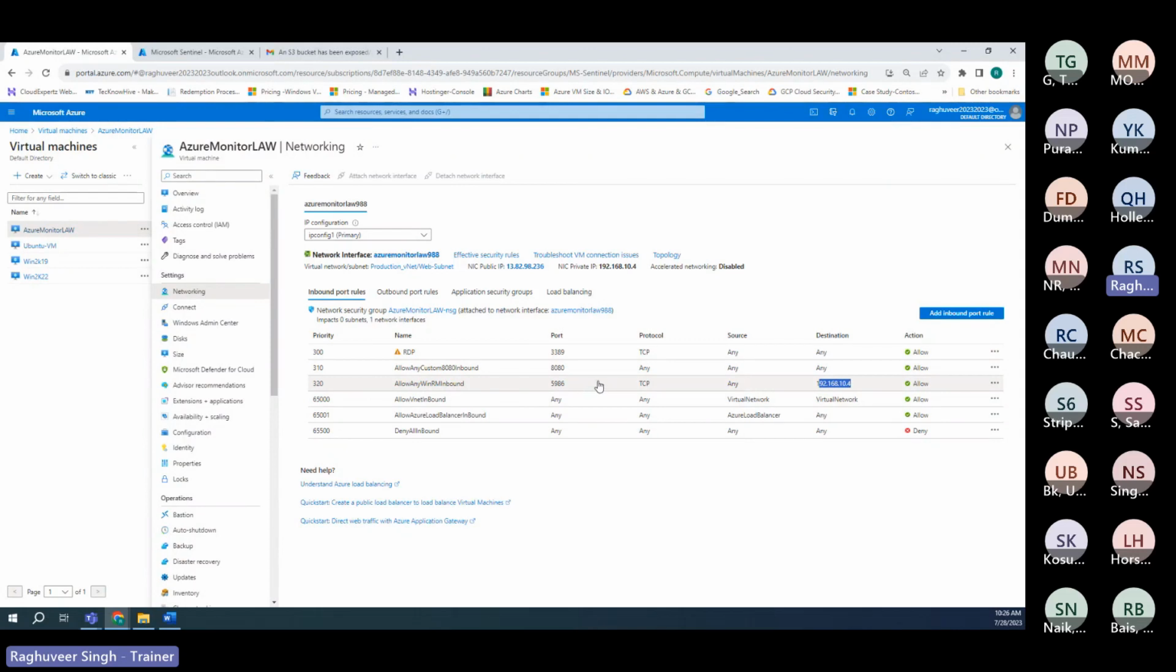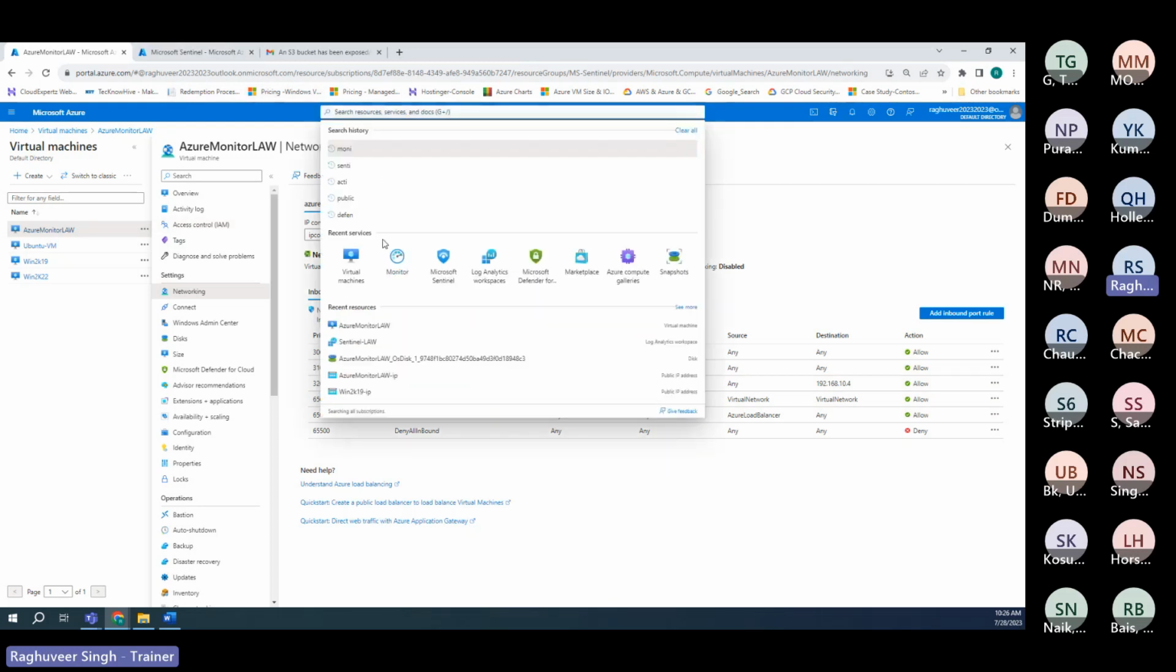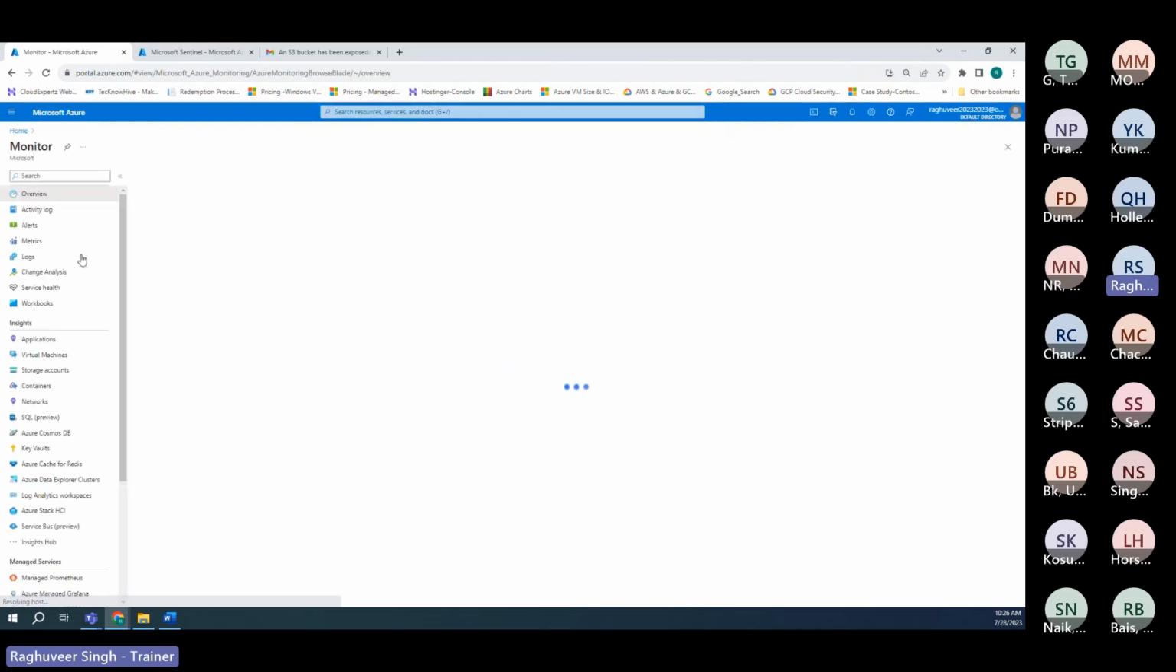Now this rule can make my VM vulnerable to security incidents, because when I allow this port, anybody from the internet will be able to connect to my VM on this port, and they will be able to remotely control my VM. So it's a suspicious activity. It's an attack that I've just simulated on the VM. Right now, as part of this attack, what will happen? There will be a log that will get created. So this will create an activity log,